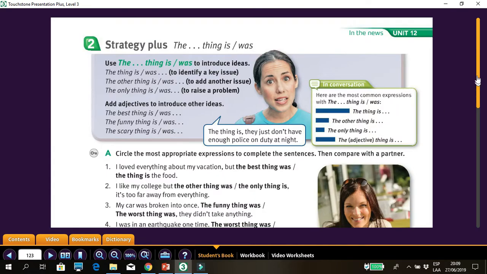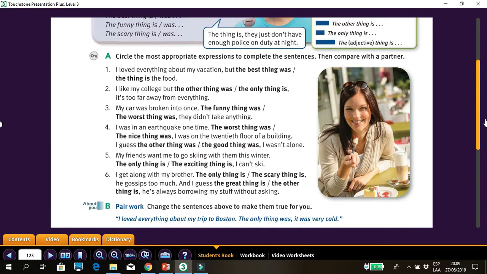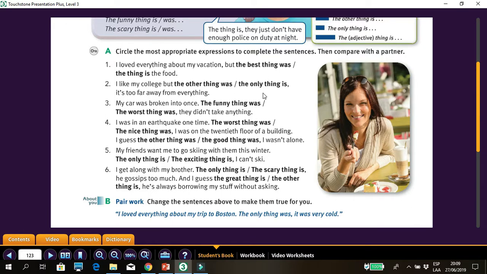Okay, now let's go back to the exercise that is here. Let's go over the exercise. Okay, so I will let you see. I'm gonna give you a couple of minutes to look at the exercise and then we will go over the answers. Okay. All right. So look, it says